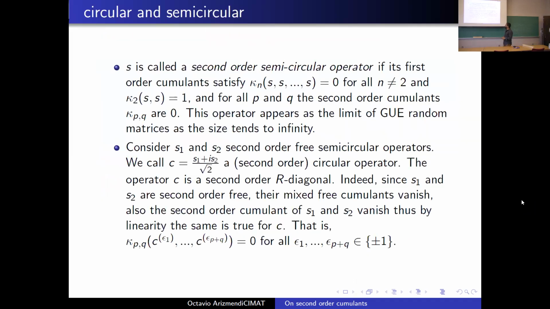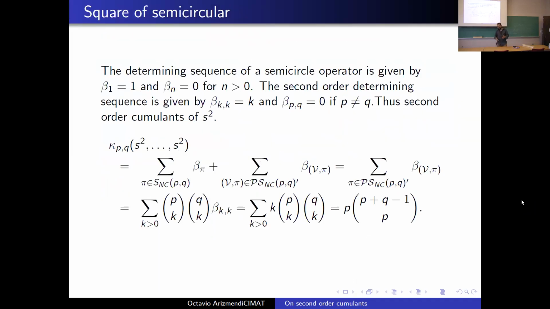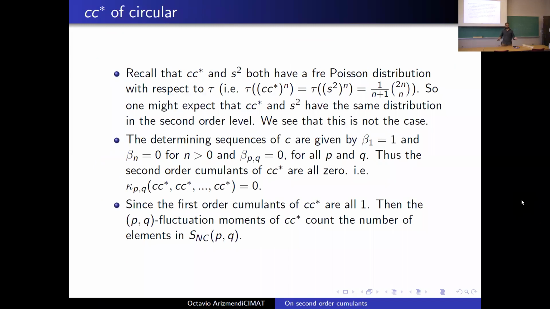I don't have a philosophical reason. We did a calculation. We tried to prove that R to the something was R diagonal, and we realized that even the Haar unitary to some power is not R diagonal. We actually calculated the fluctuation moments of U, a Haar unitary to some power. We do this explicitly. And the second thing is,